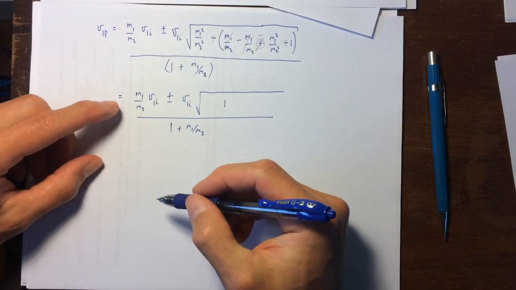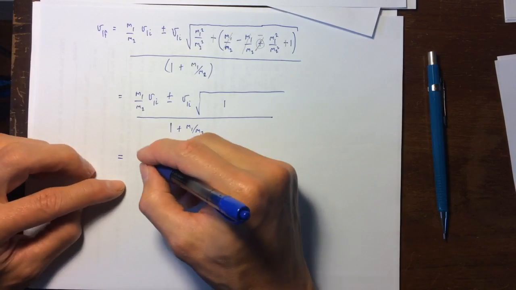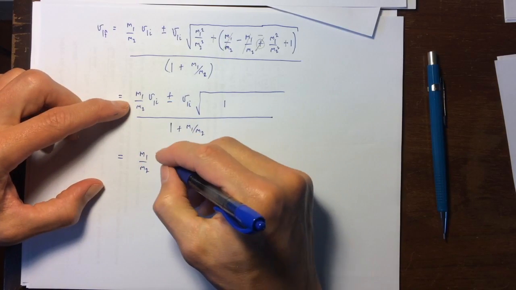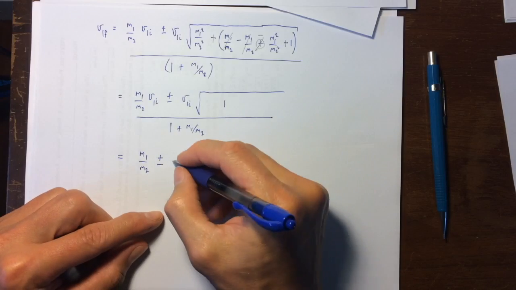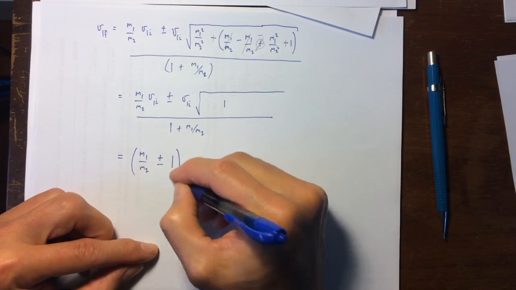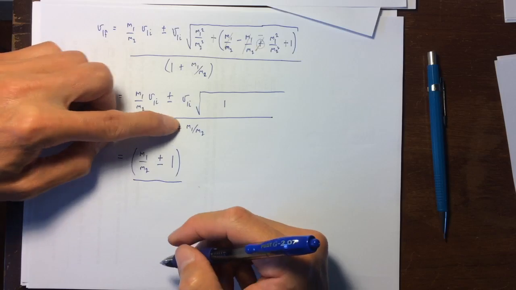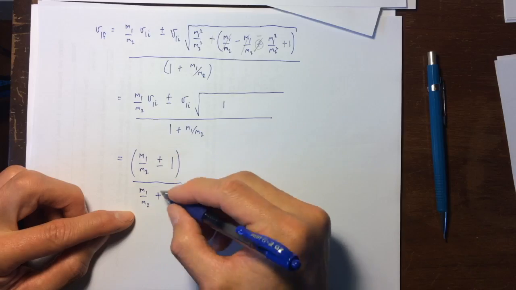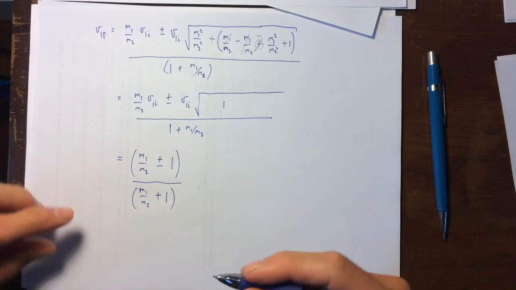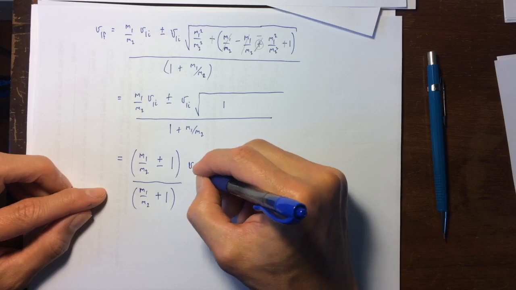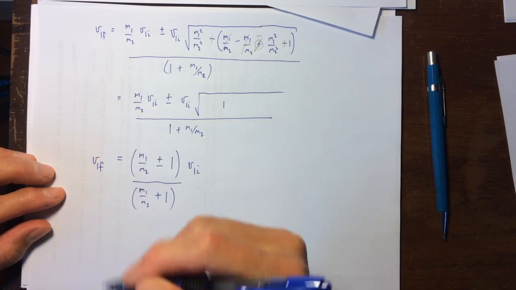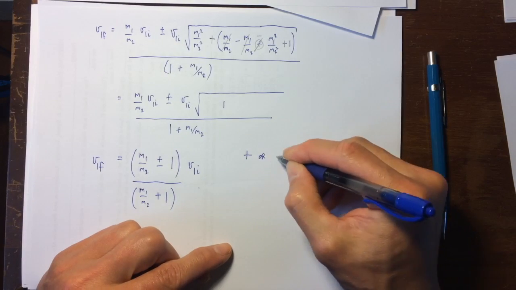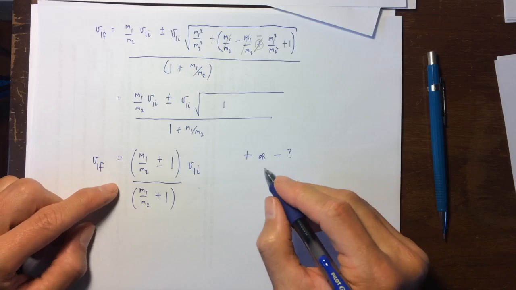So what we get then equals m1 over m2 plus or minus 1, divided by m1 over m2 strictly plus 1 on the bottom, multiplying v1 initial. So v1 final is this weird factor on v1 initial, so plus or minus. If you choose,